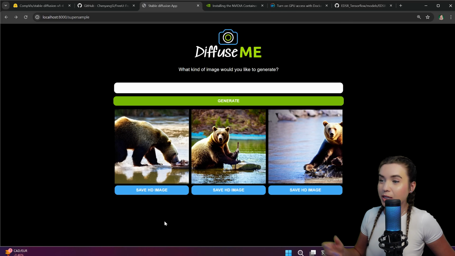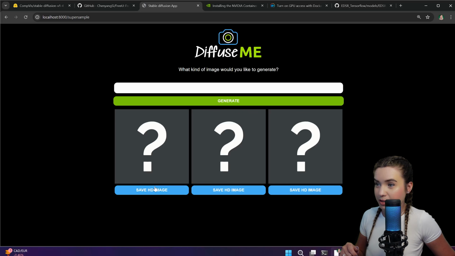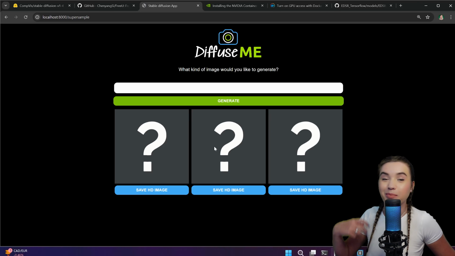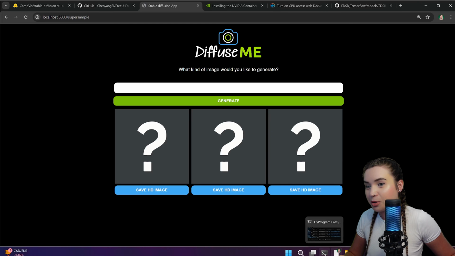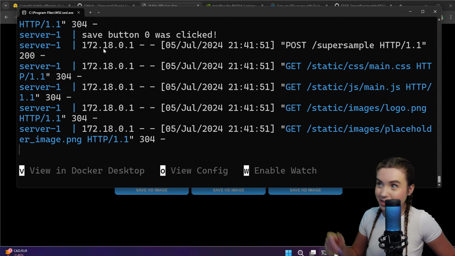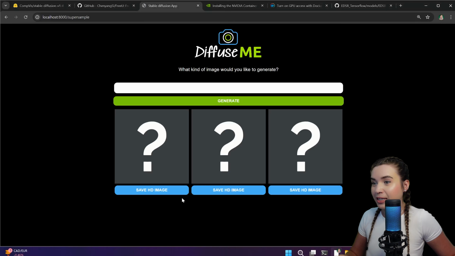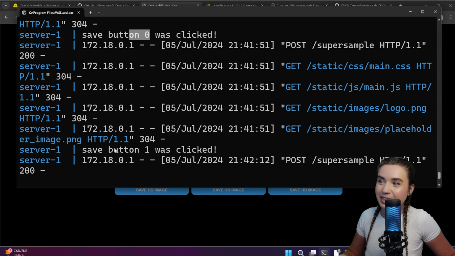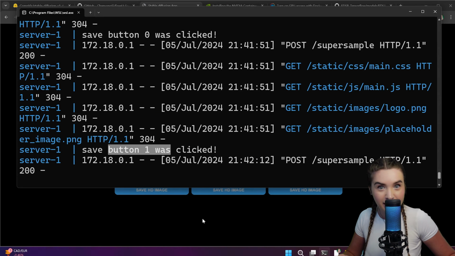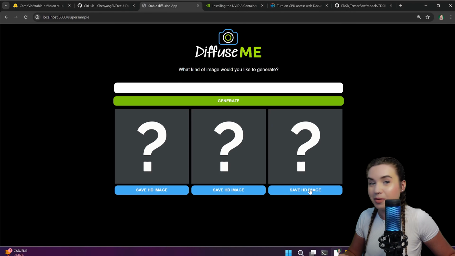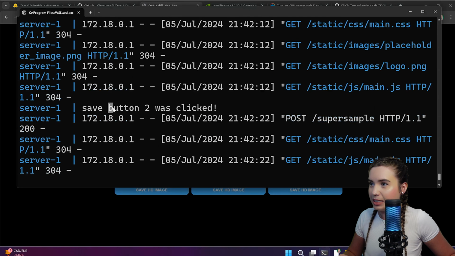So what happens if we click on the leftmost save button? Well, first of all, our demo images disappear and they're being replaced by the placeholder, which is something we'll need to fix. But second of all, if we navigate to our terminal, we can see a message that save button 0 was clicked. If we click on the center button, then we see that button number 1 was clicked instead, and same goes for the rightmost button that returns button number 2,